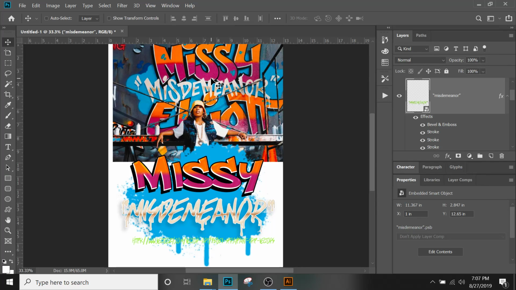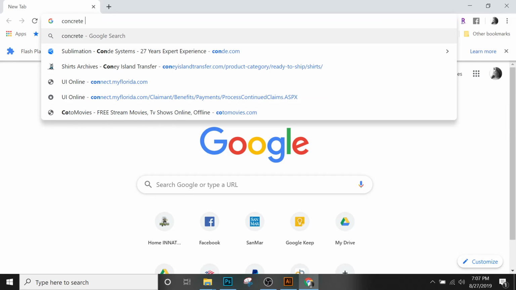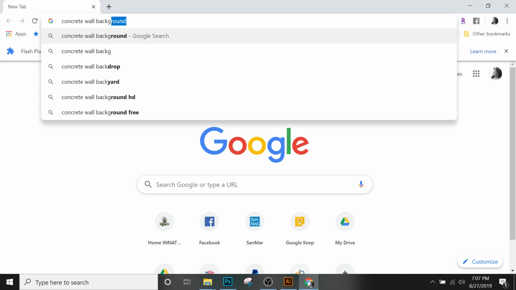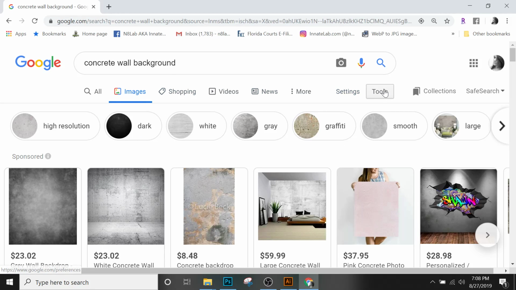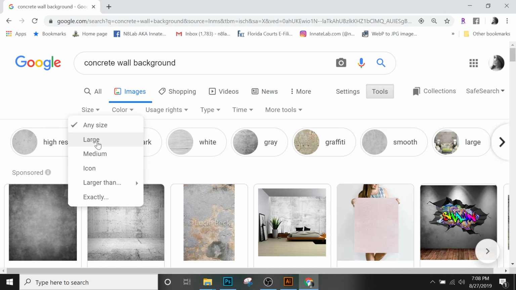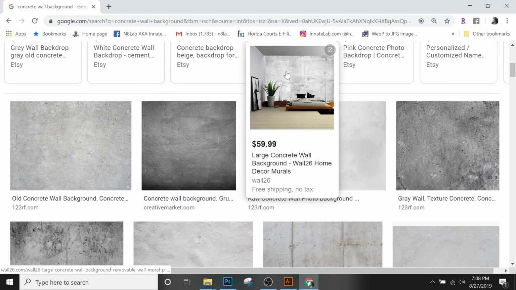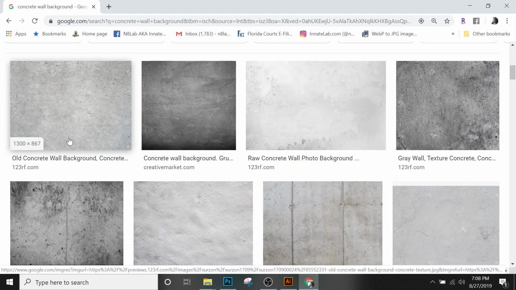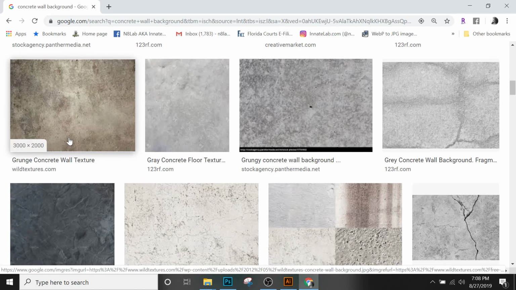And then if we wanted this to look like it was on a brick background, we could do another quick search. Do concrete wall background. And let's go to images. And we're going to make sure that we select our tools, size, go for a large. And you might find some things that are 123RF, those are stock images. We're just looking for something quick that we can